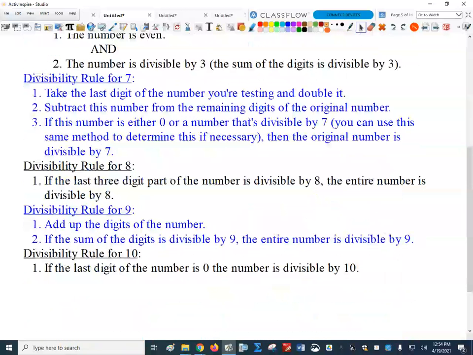We'll skip down here for a second. We already talked about 10. If the last digit is 0, it's divisible by 10. What if the last 2 digits are zeros? What divides into it? 100. And if there are 3 zeros, it'd be 1,000, etc., right? We talked about the rule for 9. You add the digits up, and if the sum of the digits is divisible by 9, the whole thing is,